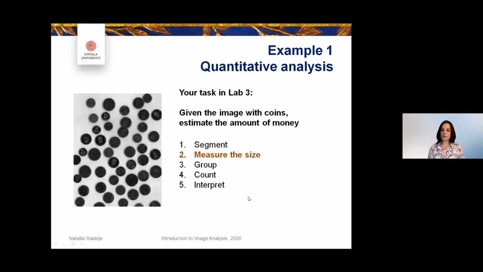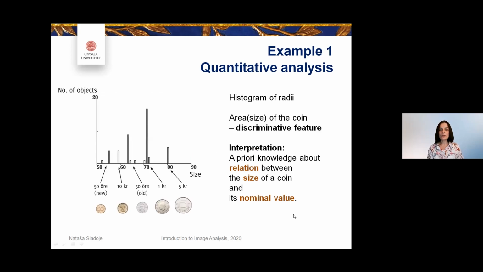You may be solving this task slightly differently, but the main steps in a typical pipeline are probably that you first segment the image and identify individual coins, and then you measure their size. And then you group the coins based on the size, and you count what you have in different groups, and you then interpret the content and are able to estimate the amount of money. So this decision to measure the size of the coins